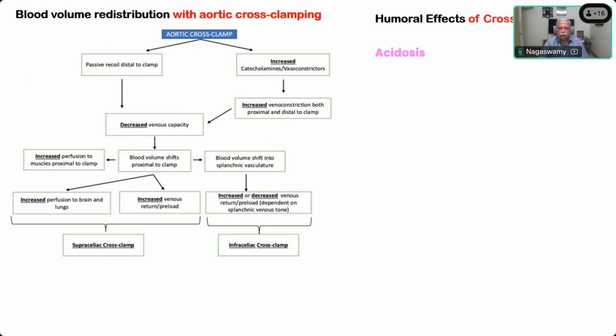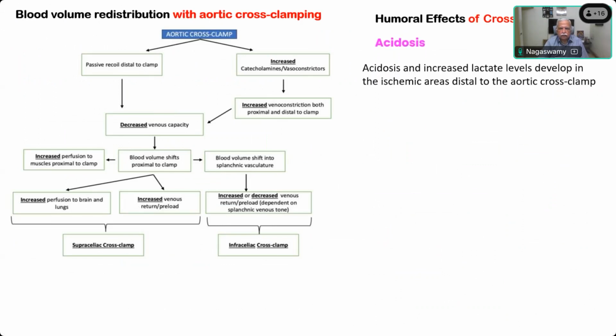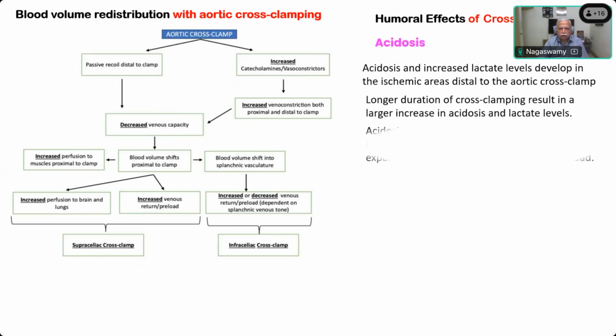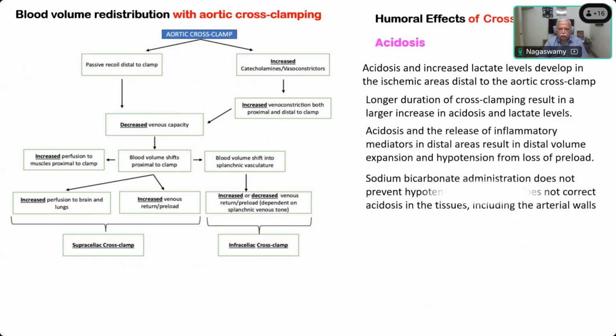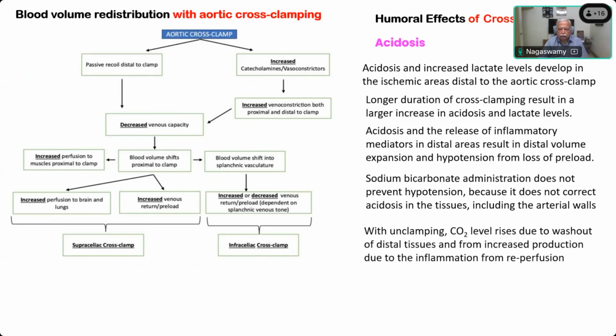And humoral effects. Lastly, the acidosis happens. The longer the duration, the more the acidosis, and more inflammatory mediators will be released. Sodium bicarbonate has been previously taught as an important drug to correct this acidosis. But now it does not prevent the hypotension, and it does not correct the acidosis, including because it is happening in the arterial wall. So with unclamping, CO2 levels rise due to washout of distal tissues and